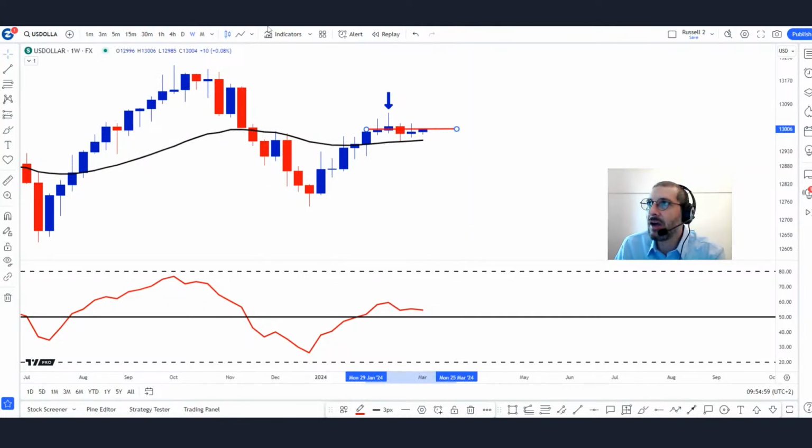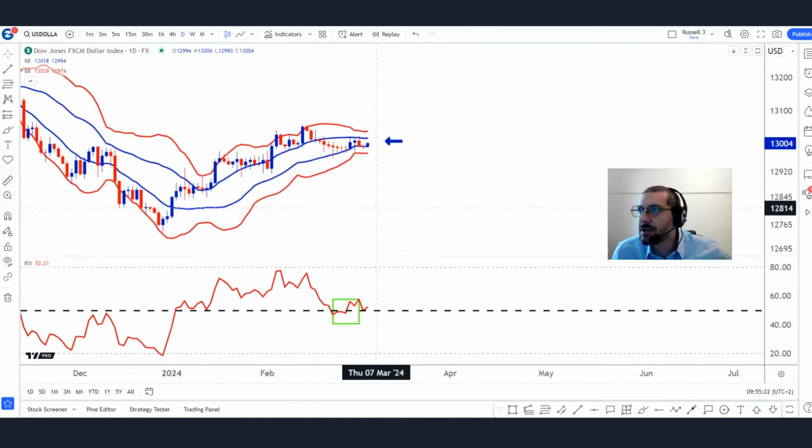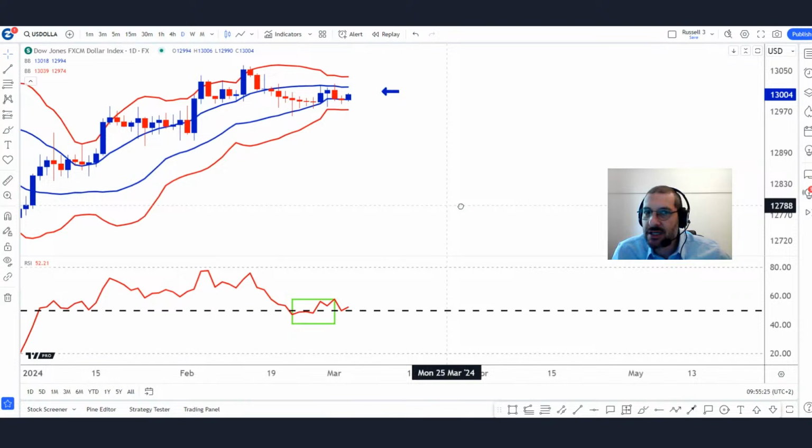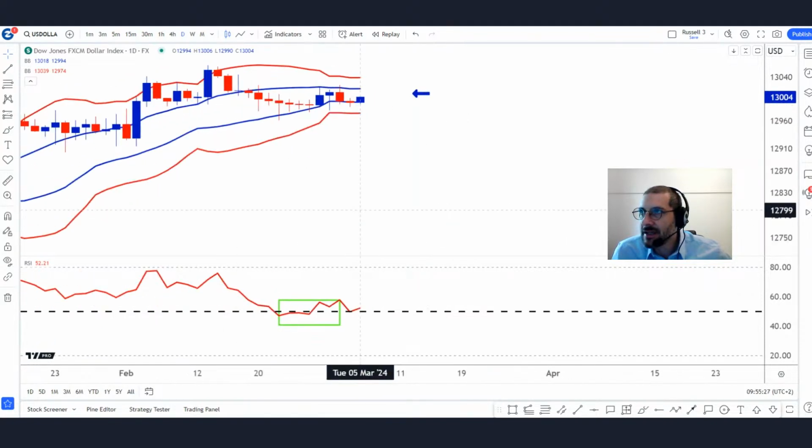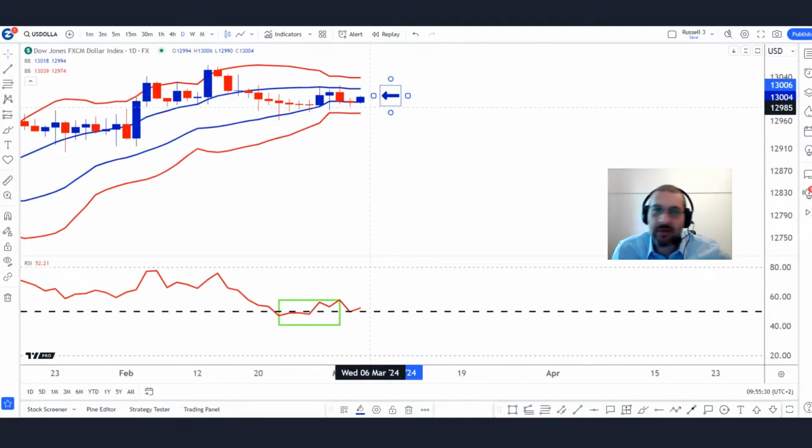Let's take a look at the dollar on the daily chart. We'll take a look at it in terms of the zones, so let's bring up the zones. And this is interesting, Kim. Take a look at this one. This is the dollar daily. I just want to zoom in here again. Okay, that's better. You can see we're in no man's land. We're in neutral.